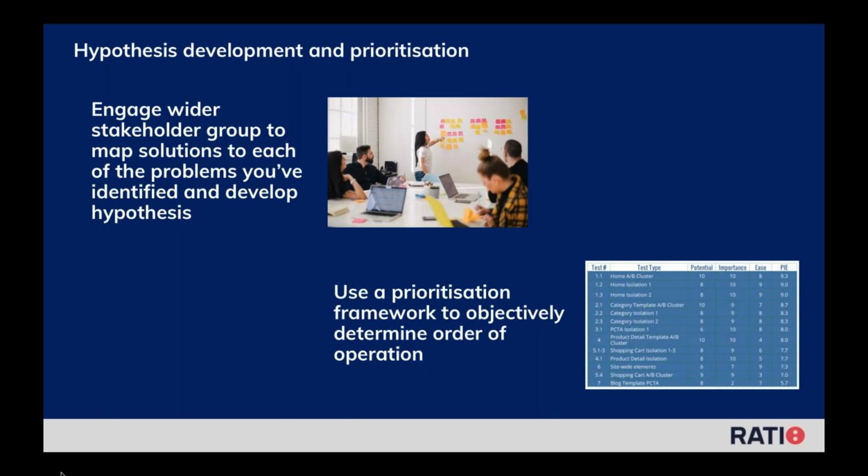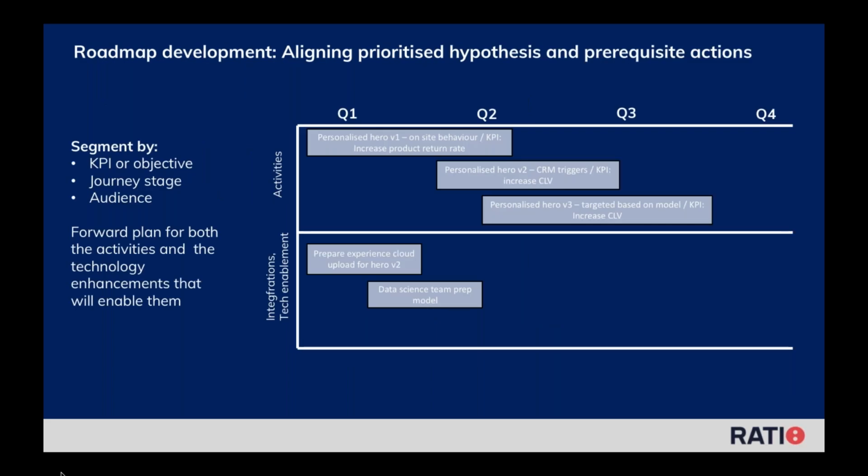And there are a bunch out there, but the one that we like to use is the PIE framework from WiderFunnel, which is, in layman's terms, looking at what is the potential impact of something going to be versus how easy is it to execute. And the balance of those two factors should give you a guide as to what you should actually be doing first. So at this point, we have a bunch of prioritized hypotheses, and we should be looking to build a